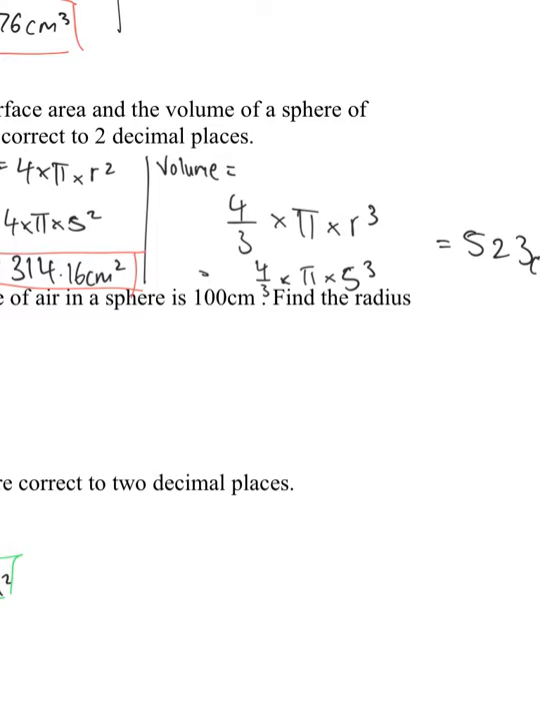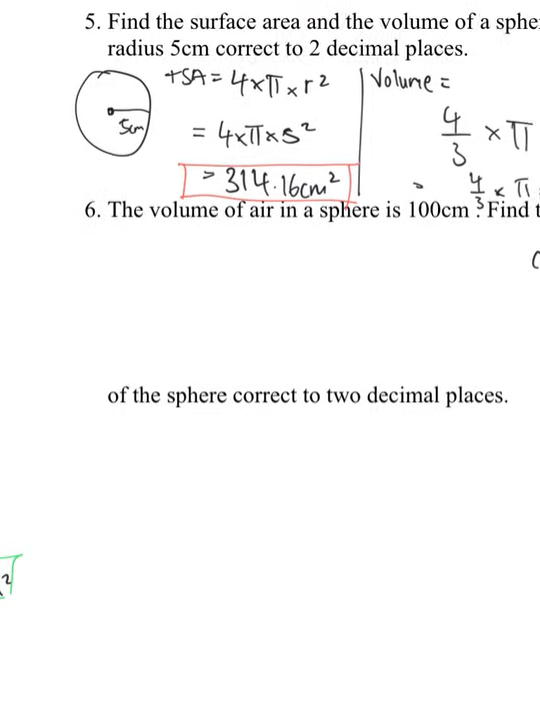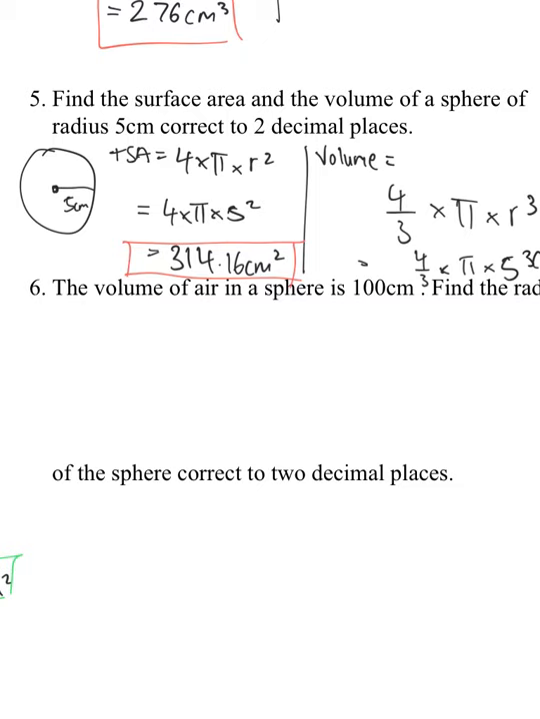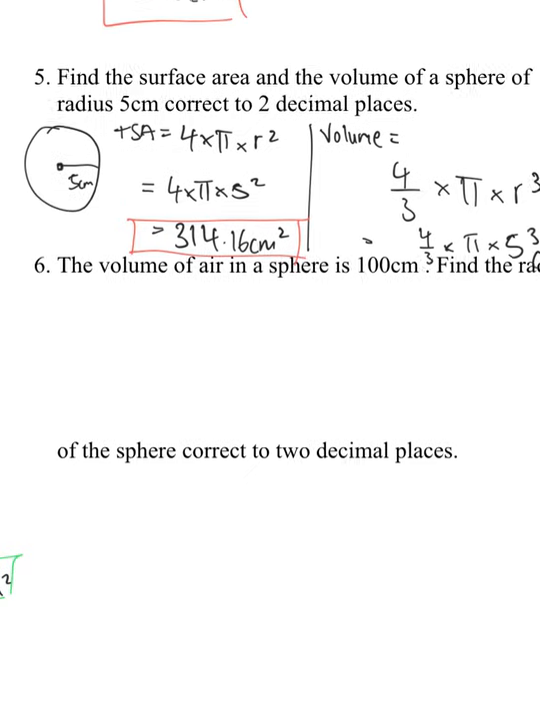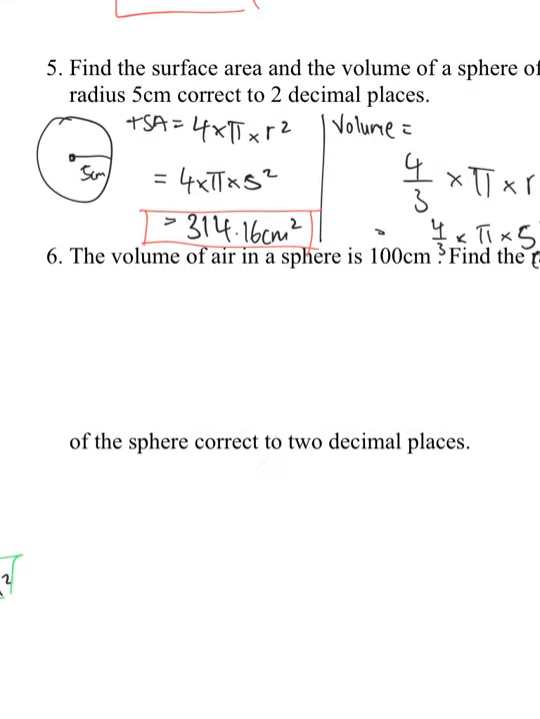Oh no, please stop there. The volume of air in a sphere is 100 centimeters cubed. Find the radius. All right, guys, so this is just the same thing, except we just know the volume of the air in the sphere. Okay, you can always start by writing out the rule for a sphere, so that being 4 on 3 times pi